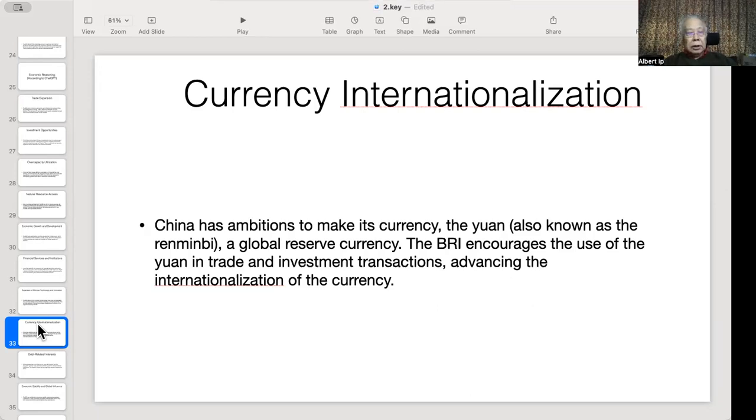Now, another important thing is when we conduct international trade, then countries need to settle the trade differences. So there is a default standard, which is called SWIFT. The SWIFT organization is in Europe, but is mainly controlled by the United States. At the early stage of the Russia and Ukraine war, Russia was kicked out from this SWIFT system so that Russia has no way to settle its trade, because of the international trade bank clearing system,